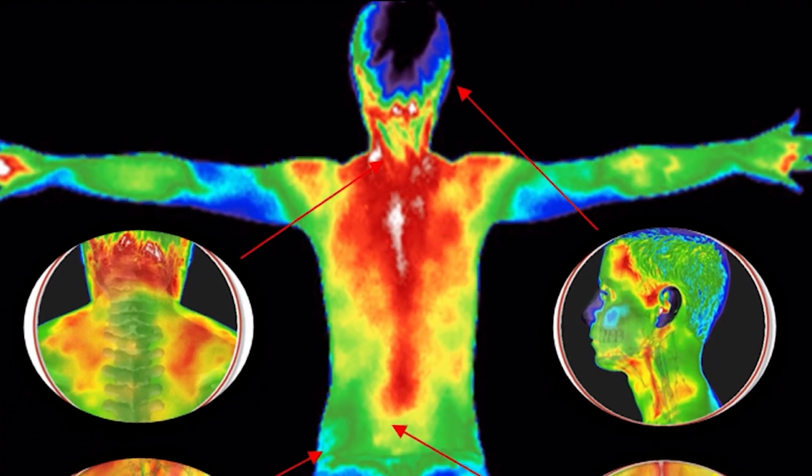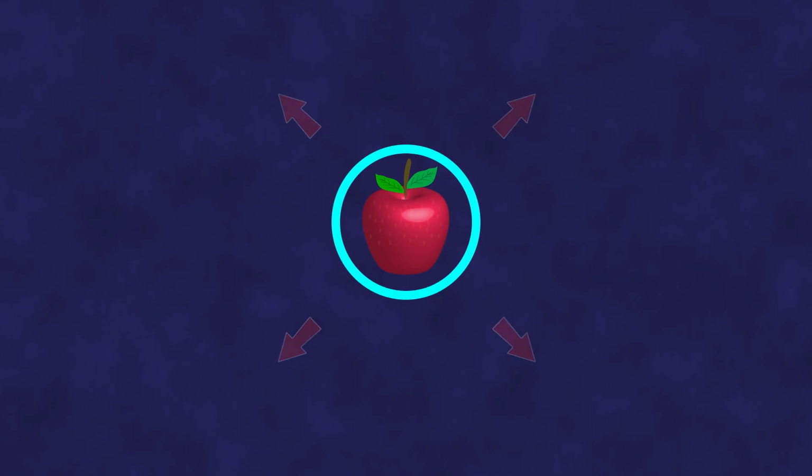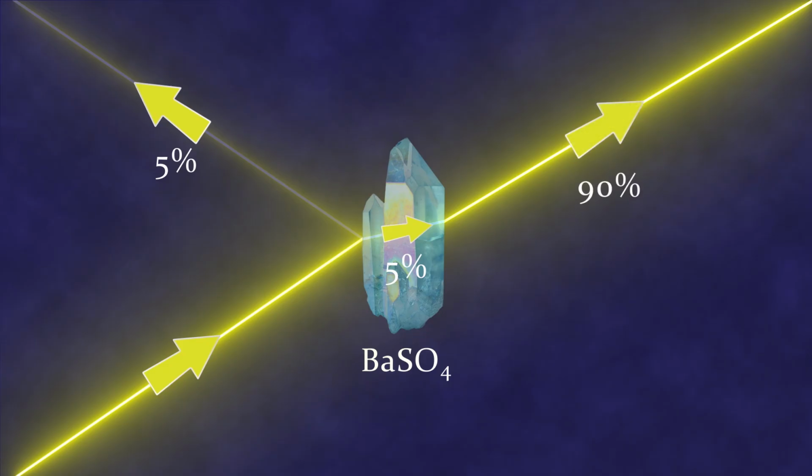For now, what matters is this. In order to create a coating that passively cools the body beneath it, we must not only ensure selective emission of the body's own heat into the surrounding environment, but also make sure that this coating absorbs as little solar heat as possible. That is, it should reflect as much of the sunlight as it can. And here is where barium sulfate has a problem. It is a transparent material. It reflects about 5% of incoming sunlight, absorbs another 5%, converting it into heat, and allows the remaining 90% to